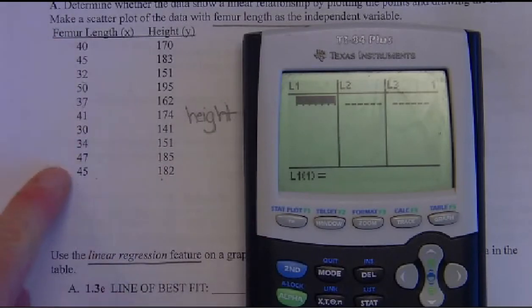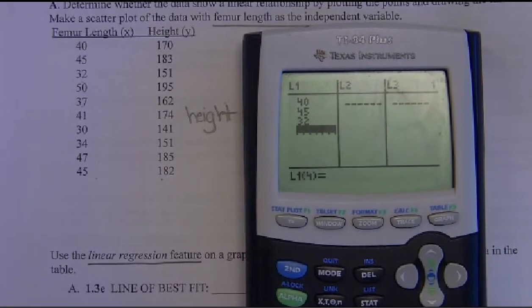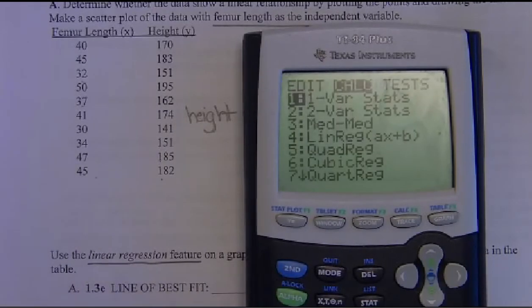Under L1, we are going to put in our femur length, or our X values. Make sure you hit enter in between each X value. Under L2, we are going to put in our Y values. Make sure you hit enter in between each Y value. Once you have entered all the information in, you hit your stat button, over to calculate, and we are trying